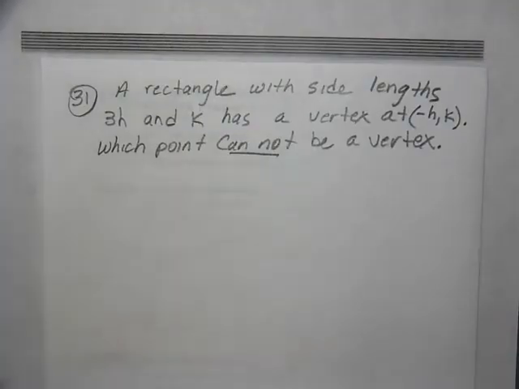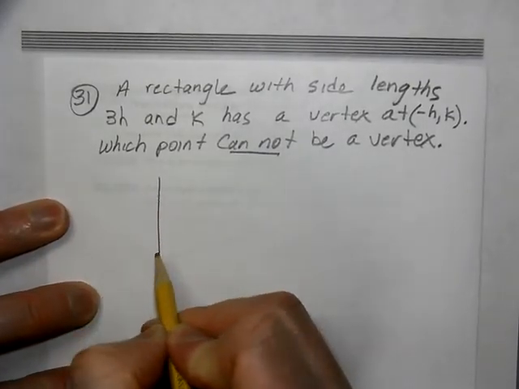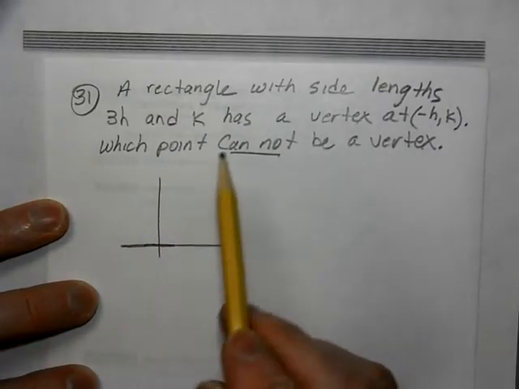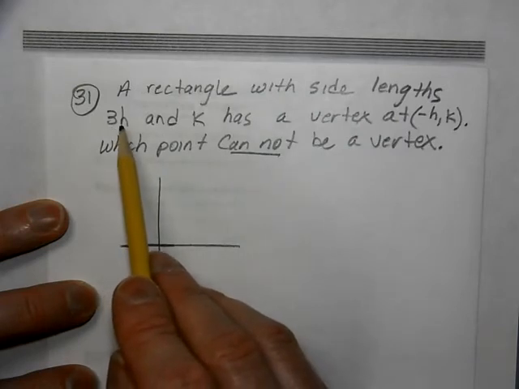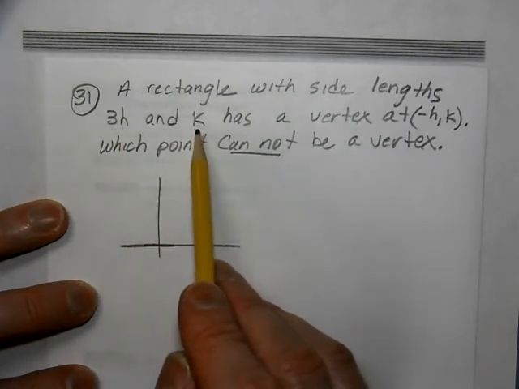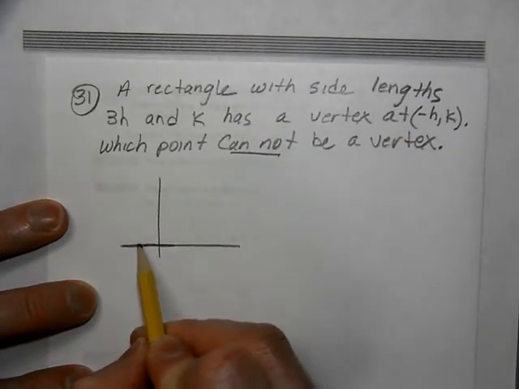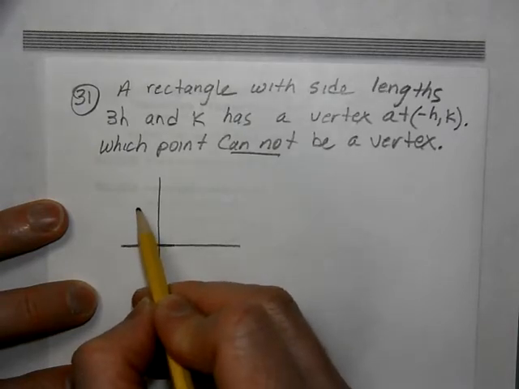This is number 30. A rectangle with side lengths of 3h and k has a vertex at negative h comma k. So it has side lengths of 3h and k. If we have a vertex at negative h, up k,